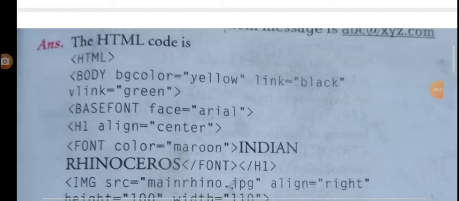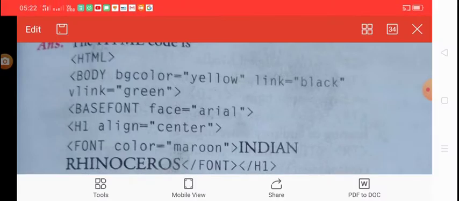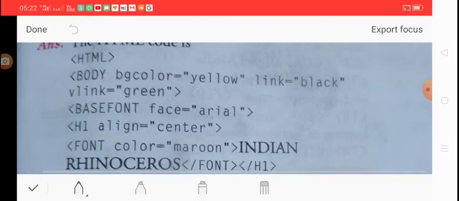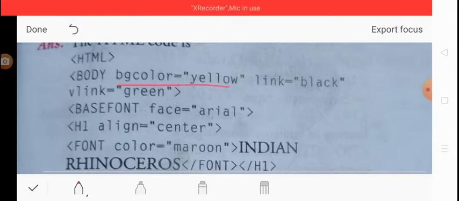And the second important thing: if you want to set a background color, or give different colors to links, then this type of setting is applied within the body tag. To set a background color, the bgcolor attribute is used. So now you can see here body bgcolor is equal to "yellow", with yellow written inside double quotation marks.